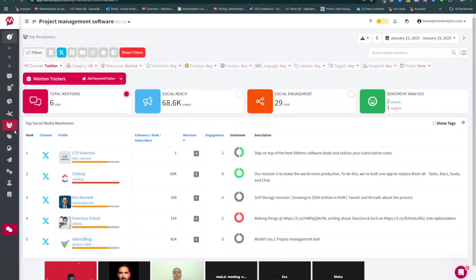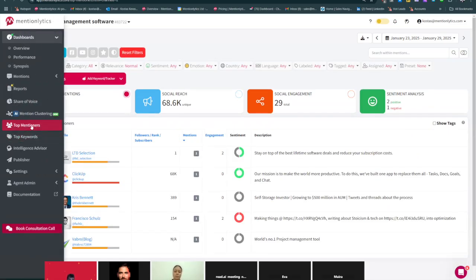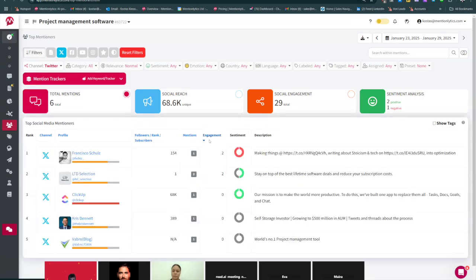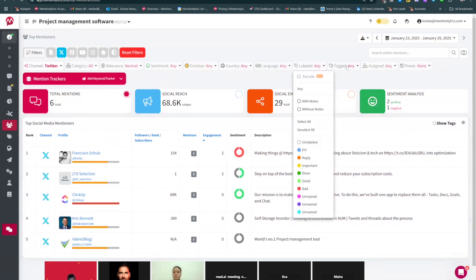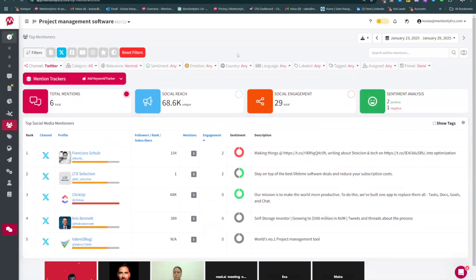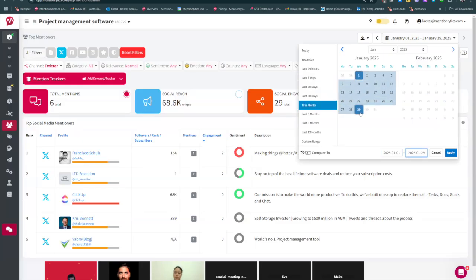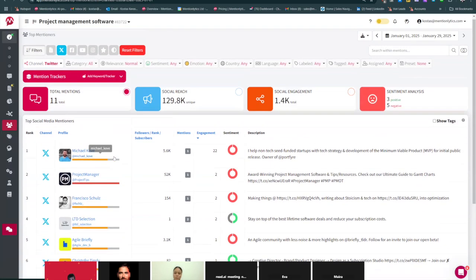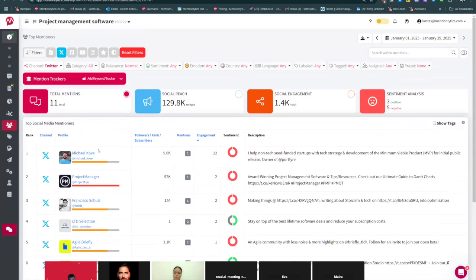Let's say what I'm doing here is I'm going to the top mentioners tab. I have selected just Twitter, and I'm going to see what kind of accounts have searched mostly for, let me remove the tag. Is it removed? Yes. But I'm going to increase again the timeline here. So I'm seeing which kind of accounts had the most engagement. Again, it's the thread with Michael Cove. We were able to identify this right away. That will be the most important one.